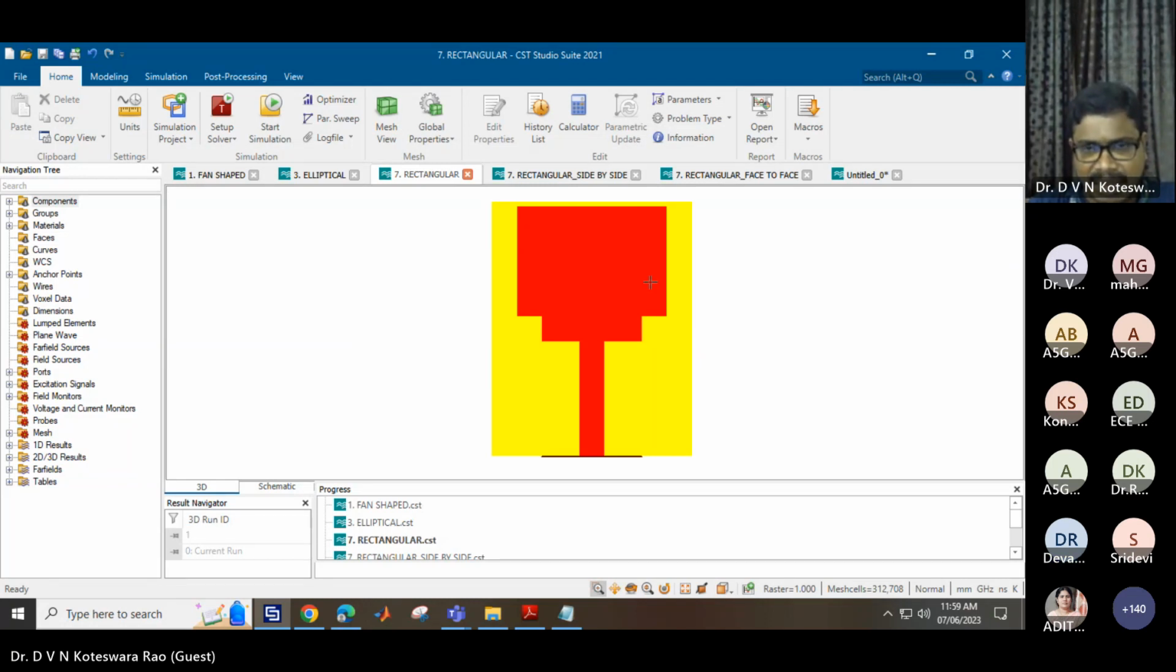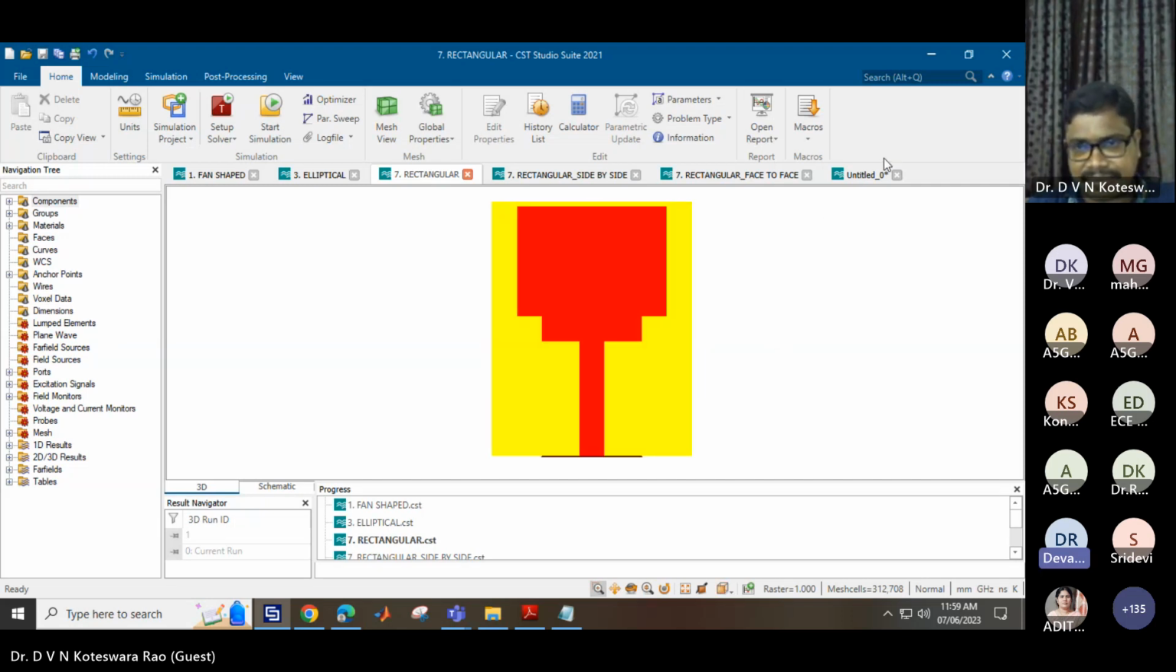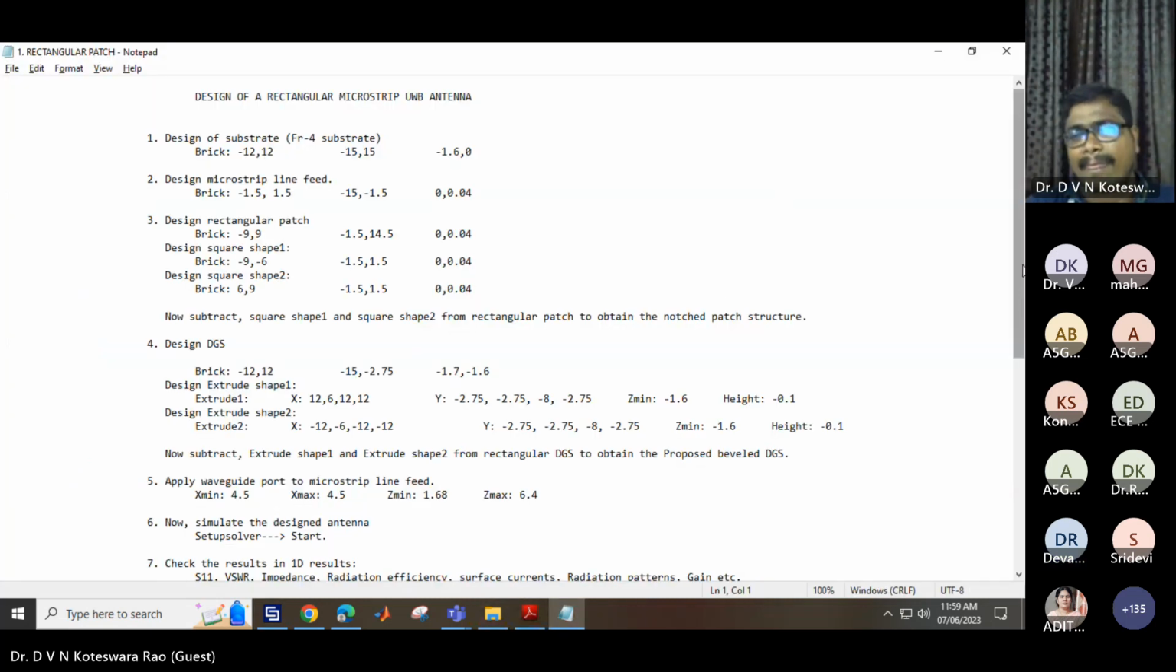So here, this is the red color one I have shown here, which is representing the patch structure. Once again, I am just reminding, this is the patch structure. The yellow color one is the substrate, and on the bottom side, I have represented with the green color, and it is the ground structure. And to design this one, I have already optimized all the values,